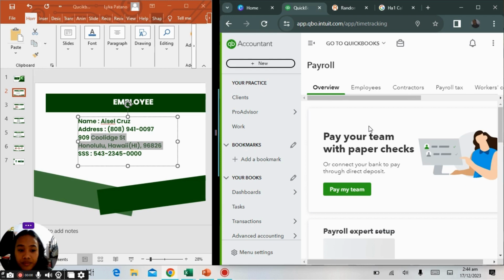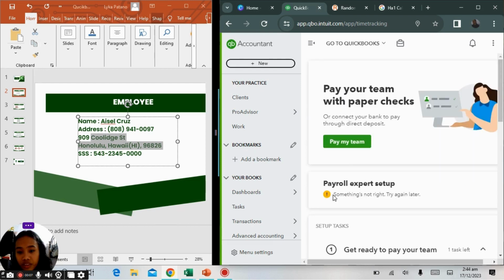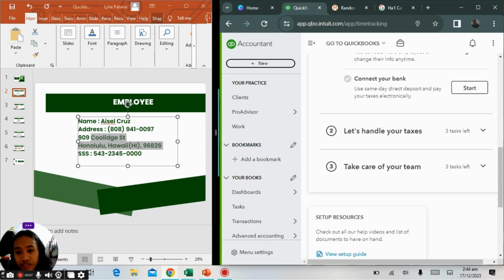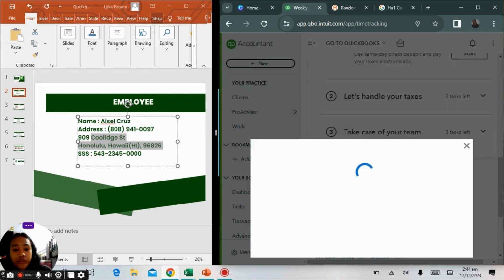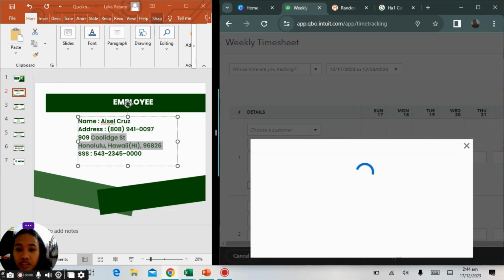So there is still some information that we haven't finished. So we have to finish other information in order to have the accurate payroll. So our weekly timesheet here,